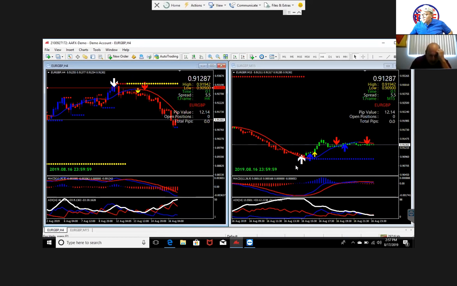Nah. Where are you pointing? Look, you see my mouse, right? Yes, 4 hour. H4. And then you see M15 here? Yes, I do. Now you're on the 15. Yes. You see these 2 dots here? So each dot is 4 hours. Is that correct? This is 4 hours. Yes. Good. So far, so good.